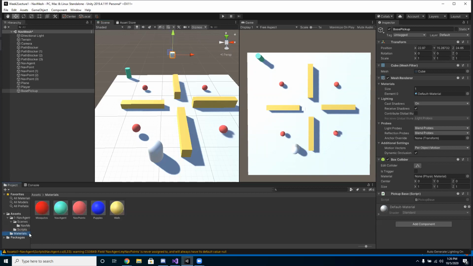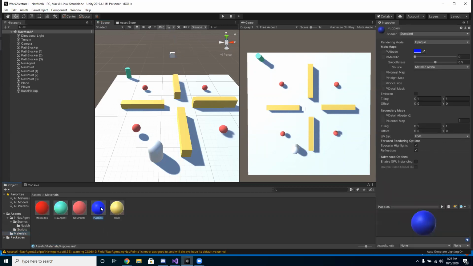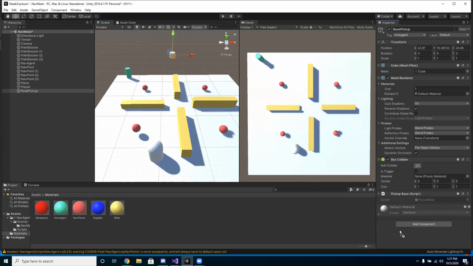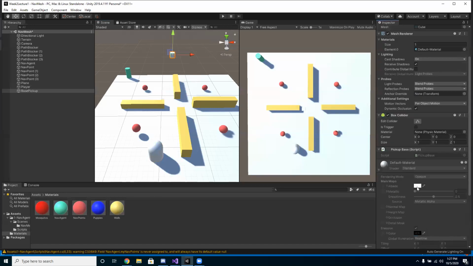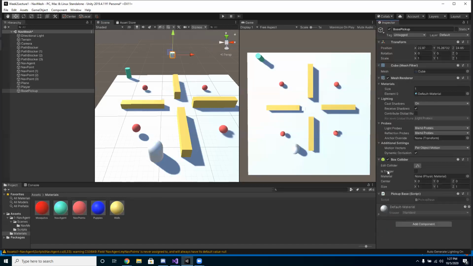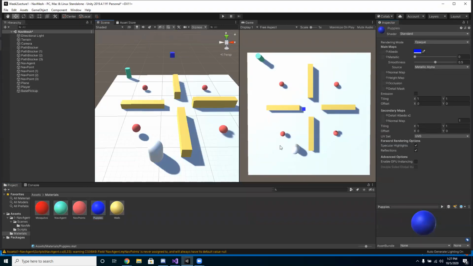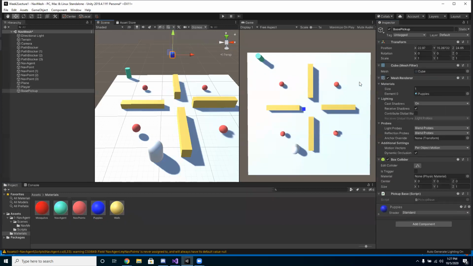So let me go ahead into my materials. I made a bunch of materials. I'm going to go ahead and use the puppies materials. Let's just use this one. All right, so now that it's blue, it's kind of small too. Let's bump it up. And let's actually put it down where it's going to collide with